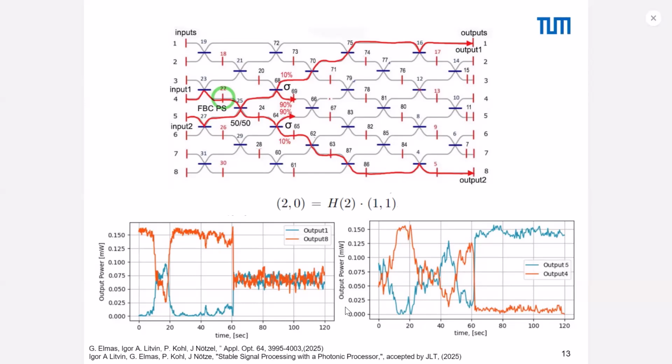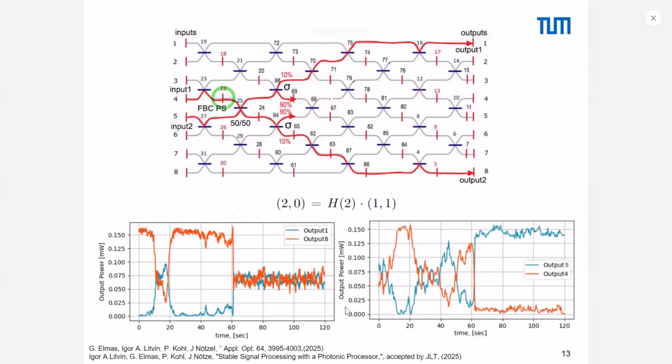This is the picture we show first. This is output 1 and 8. This is for our amplitude before and after feedback control, so switch off, switch on, and here as well. So on this picture we try to produce